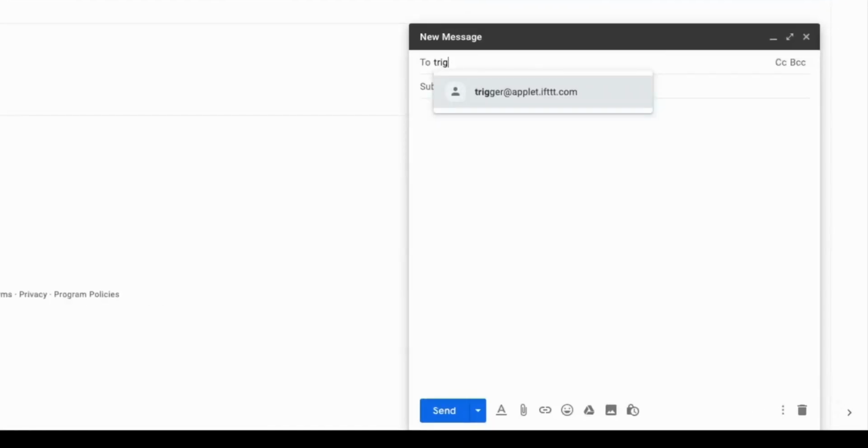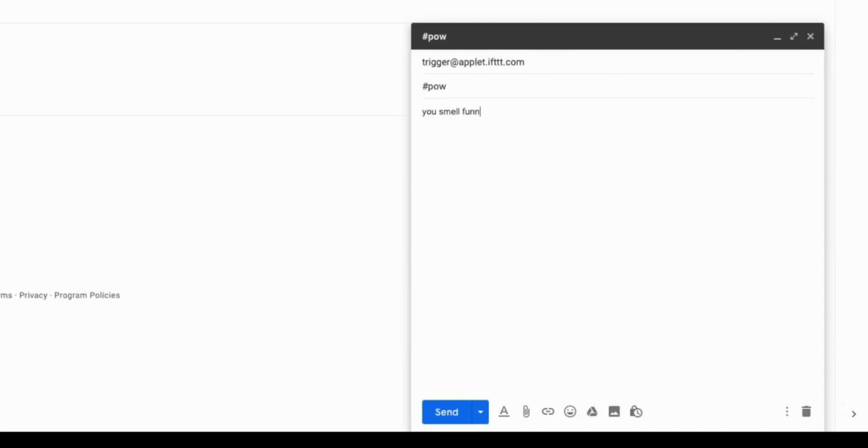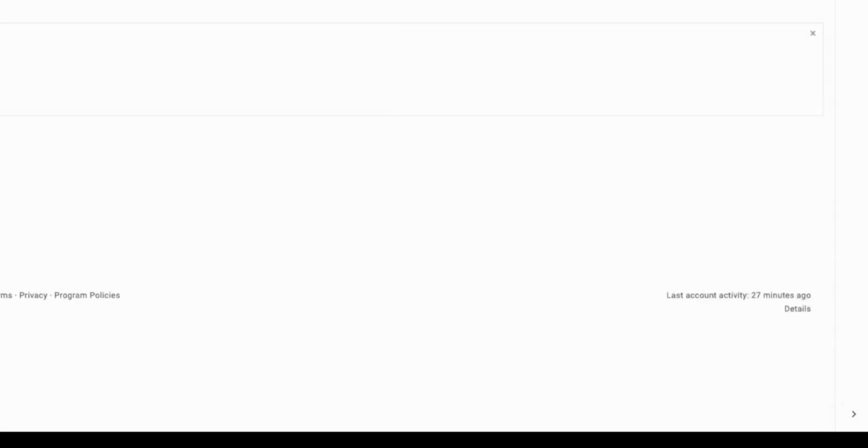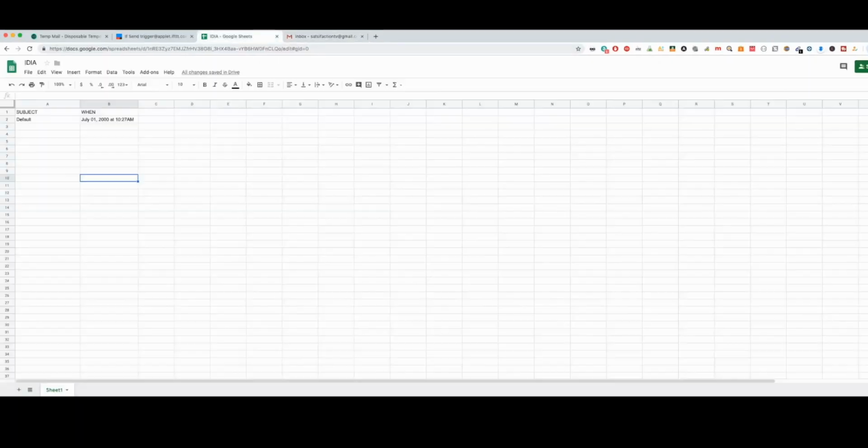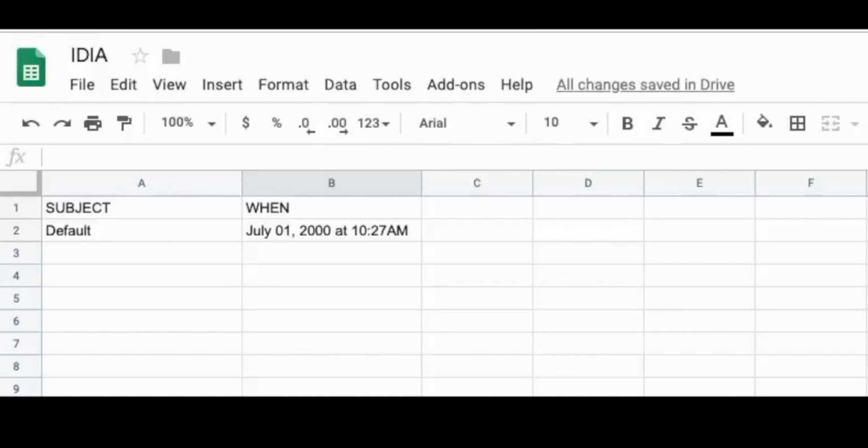You're going to send it to triggers at IFTTT. Then I'm going to say POW, and then I'm going to say, you smell funny. As soon as I do that, IFTTT is going to process that information. It's going to go into the spreadsheet, and you'll see in a few seconds the spreadsheet's actually going to update itself. So it's going to add a column on its own,